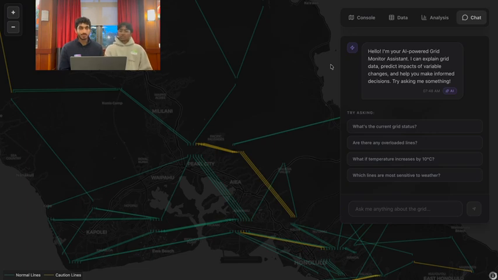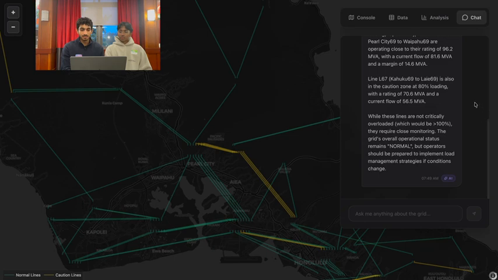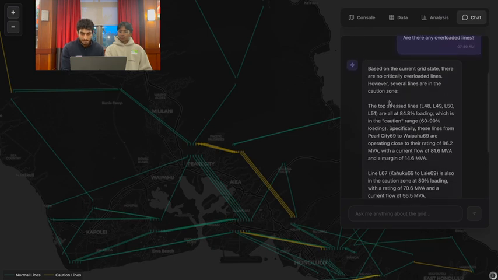So for our final feature in our interactive dashboard, we have an AI-powered assistant that can answer any questions for the operators based on the data set. So we have some suggested questions here, and if I were to ask, are there any overloaded lines? The chatbot is going to pull the data from the data set, and it shows that some of the top